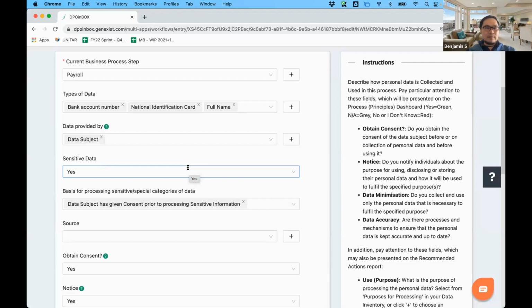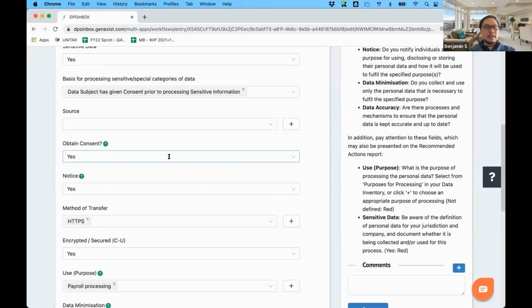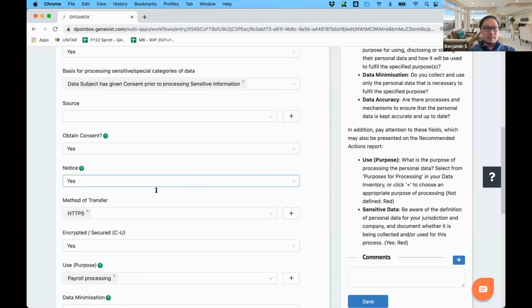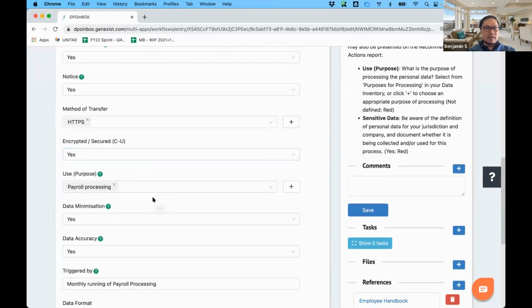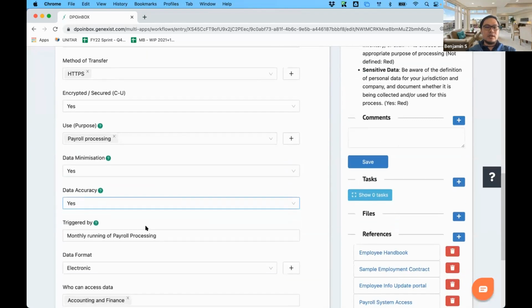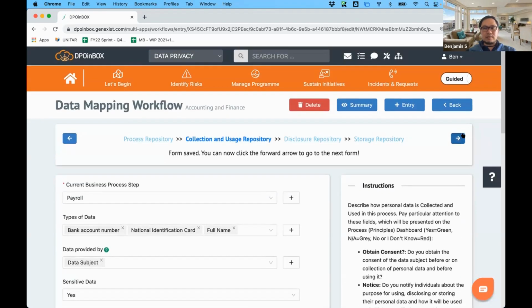You would be required to declare if you are collecting sensitive data, whether or not consent is being obtained, and whether there is a privacy notice in place. And under the collection, whether it's encrypted, and the use of it, and also some additional information to complete this process documentation.